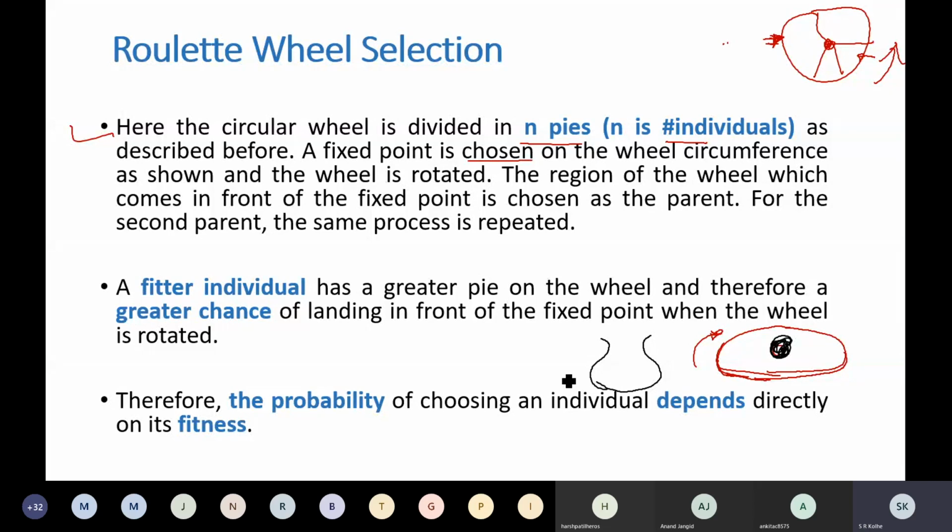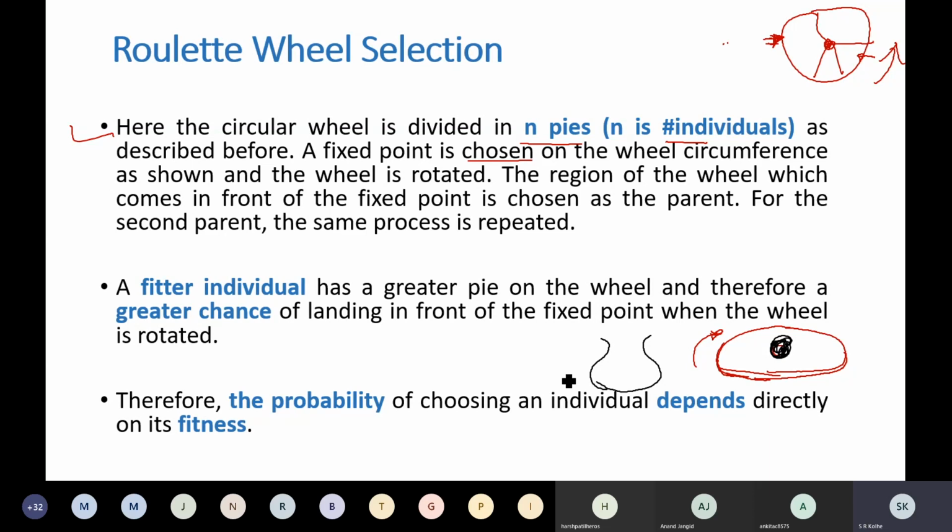So now statistics you can use for this purpose. What is the probability that a particular part of the wheel will get selected? The natural thing is that if the individual has better fitness, there are more chances that it will get selected. Why? Because a better individual has more area on the roulette wheel.